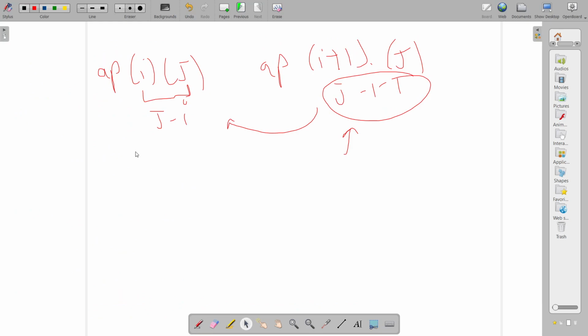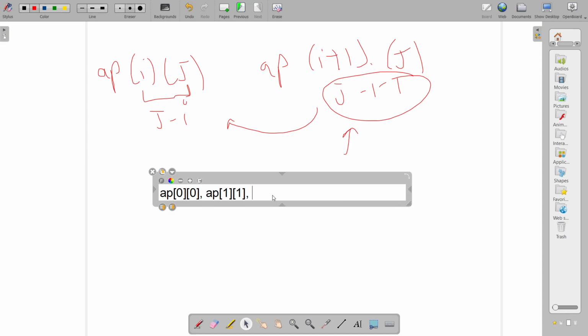For example, I'll first make AP of 0 0. Then I will make AP of 1 1, having a difference of 0. Then AP of 2 2, and so on. Then I would make AP of 0 1, AP of 1 2, and I can make these values, since to make AP of 1 2, I need AP of 2 comma 2.